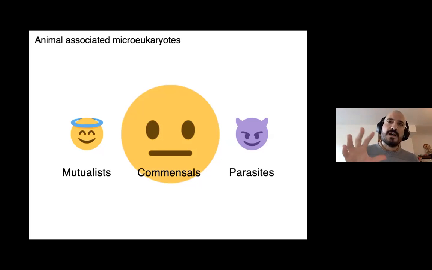So most of the microbes living within a host, they are commensals. They are just there. They are not parasites. They are not mutualists. They just live inside the animal or on the skin or whatever, because that is their environment, and they don't do any harm and they don't provide any benefit to the host. As I said, these are the majority of the microorganisms living associated to a multicellular organism. However, those are not the ones that we study the most.